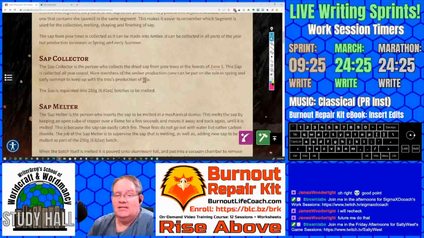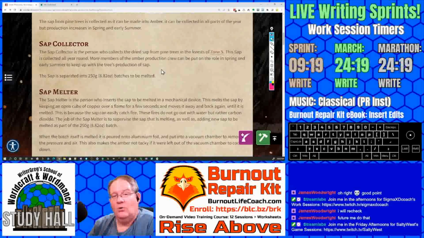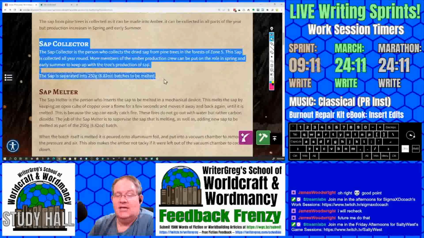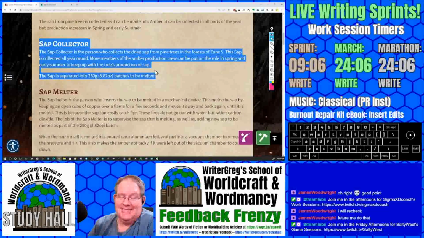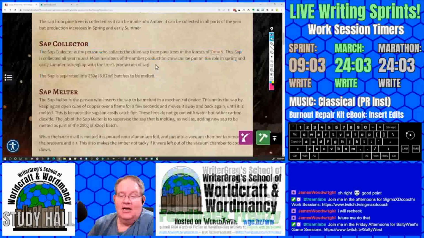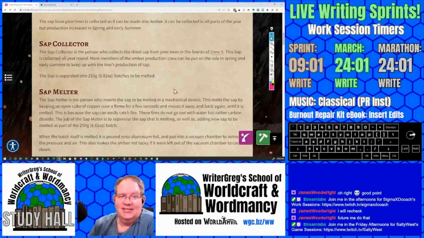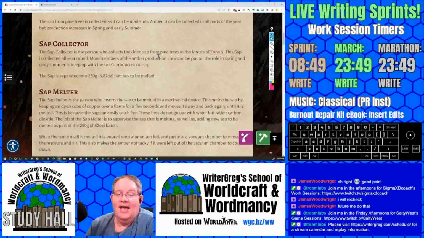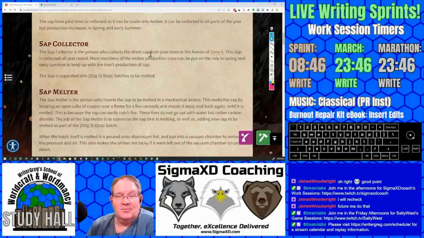Okay. I would like to know a little bit more about how they do it. Do they tap the trees? Do they drill a hole? Do they squeeze out the sap? I'd like to know more about how the sap collector does it, and how it is the same as or different from maple syrup sap collection. Because that's where you can get into whether it's only in the spring or it is year round. Do they change methods in the spring and have different methods than they do in the summer and the fall?